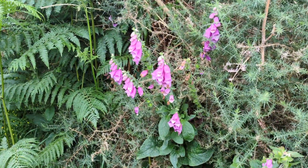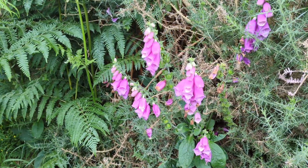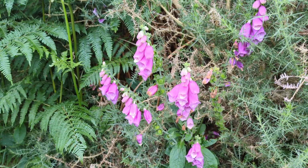So the foxgloves are just going over. They've gone over in our garden, and we've put the seeds in the wildflower meadow in the hope that they will germinate. One of the things I like to do when I'm out on a walk is take a mental note of where various plants and trees are that I might be able to forage from later in the year. And I forage for both food and for dye materials, and hopefully at some point also fibre materials,